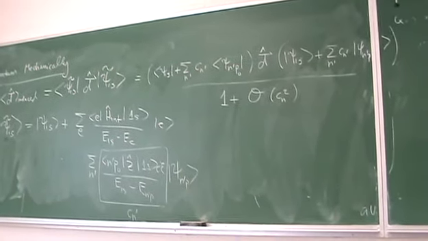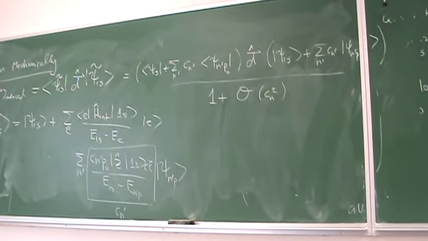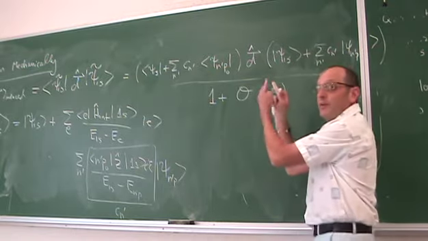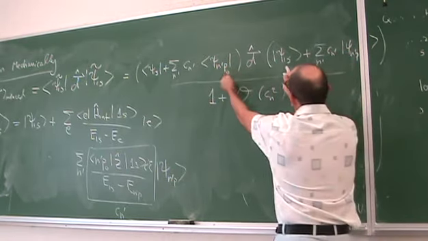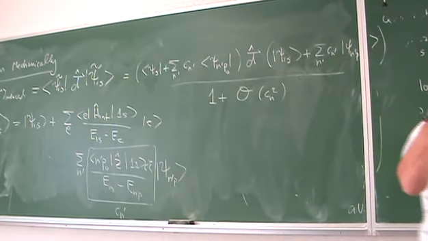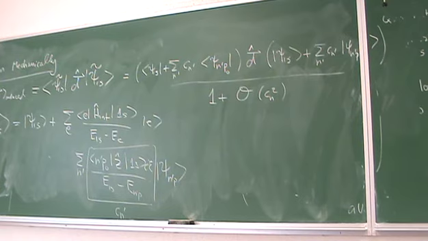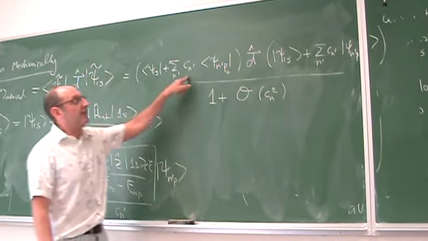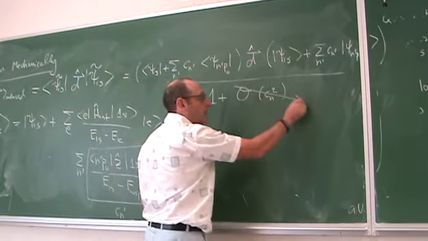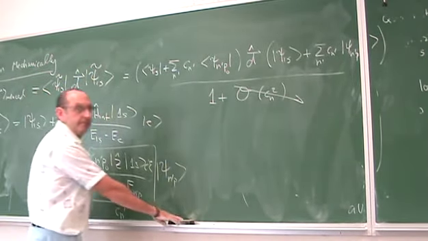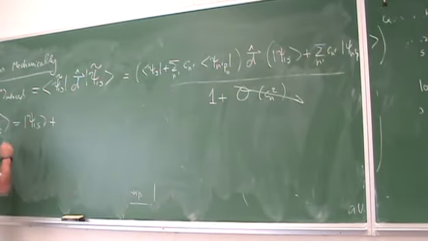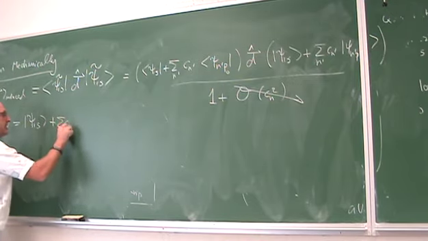All right. Now, keeping to lowest order in this perturbation, which in this case, in the numerator, remember the only off-diagonal matrix elements are the ones between S and P. The P states have no diagonal matrix elements. The S states have no diagonal matrix elements. It's only the off-diagonal matrix elements between S and P that are non-zero. So that's stuff that's first order in C. So I can drop this lowest order in the perturbation, and rewrite my equation here,